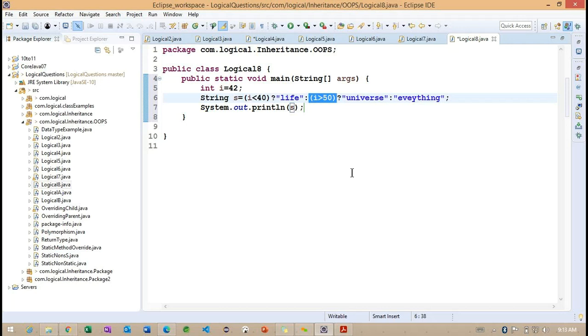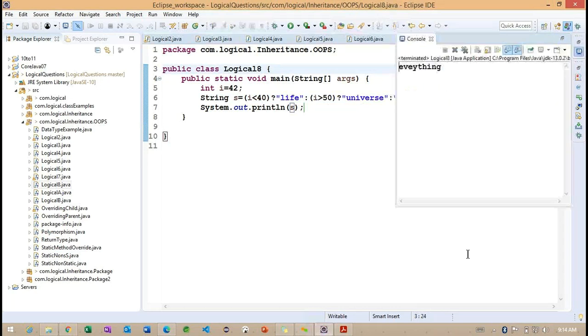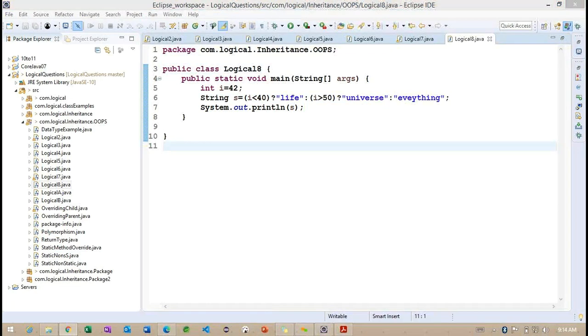But in our case, the i value is 42, so it returns false. Again, if this expression returns false, where will it go? This everything is going to print. So we need to think very carefully whenever we write this. We can call it a nested ternary operator.